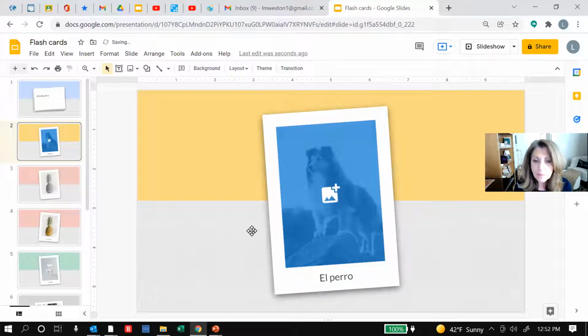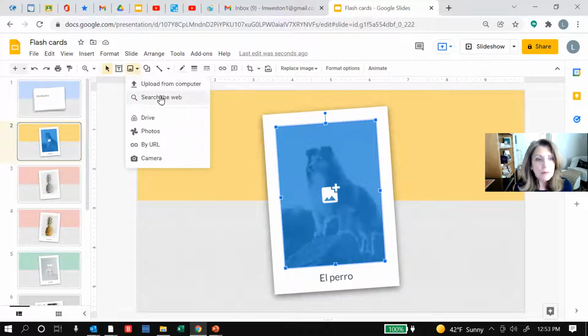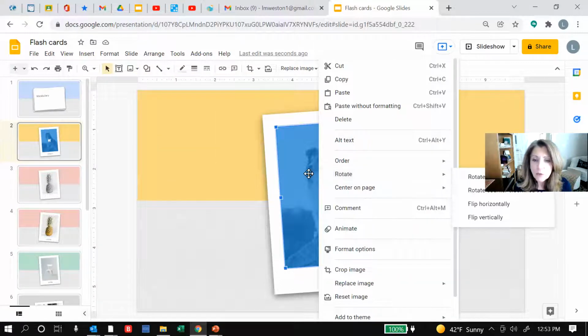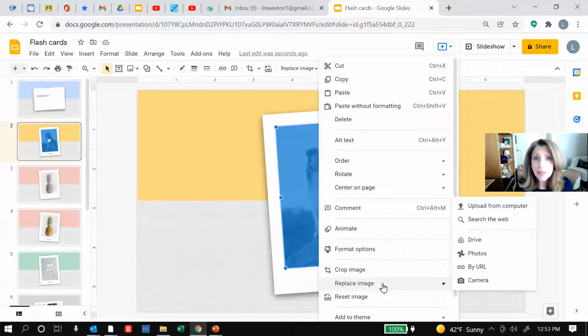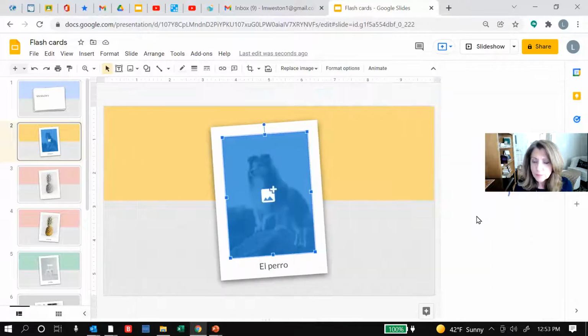objects and delete them. So let's say I was doing a lesson on fruit and I wanted to insert a whole bunch of pictures with fruit. Just as we saw in PowerPoint, if you want to use the same footprint that a current picture occupies, instead of going to insert picture here, if I want to change the picture or replace the image, that's the language that Google Slides uses, I can search the web